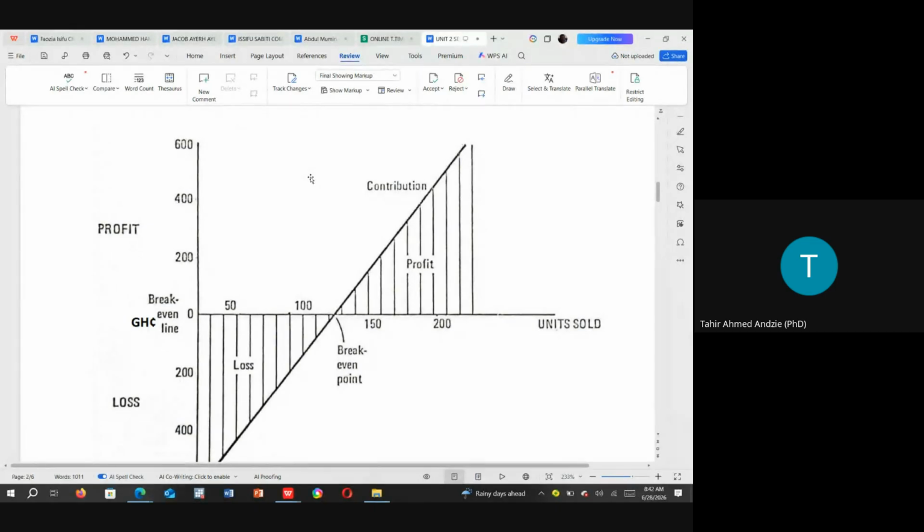Outputs in thousands. In thousands means that you have suspended the zeros. So the 20 is 20,000, 40 is 40,000, 60 is 60,000, like that, up to 120,000. Right? And then you now look at the